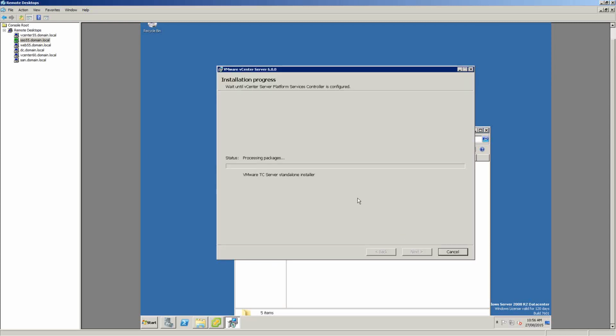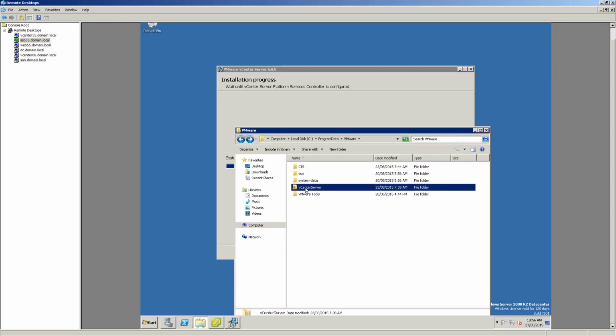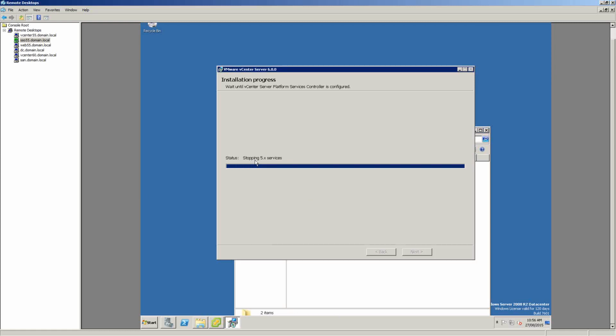And upgrade. So we'll wait for this to finish. I definitely won't make you wait for the vCenter upgrade to finish. That's going to take a long time. So when this does, like I said before, it's going to export your data onto vCenter server, and here, that's where it's done it. It's done it just then. And it stops your 5.x services, and then it removes your single sign-on 5.5, and then starts to upgrade it